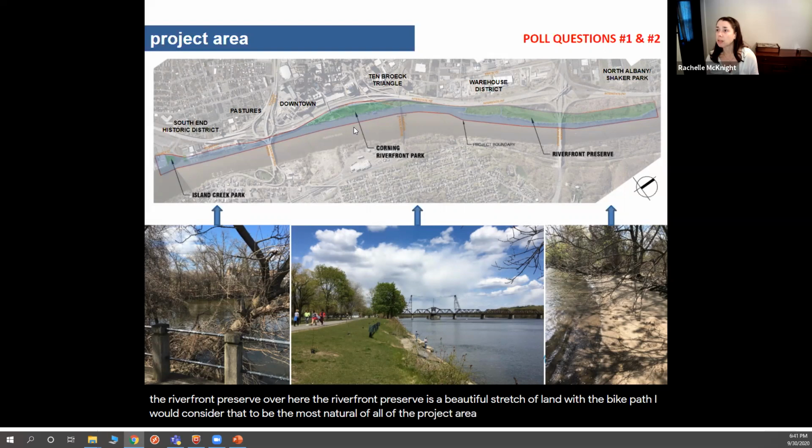So we've got this poll in progress, as you can see here. The first question is, how many times per month do you visit the Albany riverfront? It's looking like at the moment we've got 14 out of 19 people who have answered so far, just about one time per month. We're going to try to leave these polls open for about 40 seconds apiece because we want to make sure that we're moving through the presentation effectively. So we'll just go ahead and say that the majority of participants, at least in this case, are visiting the Albany riverfront one time per month.